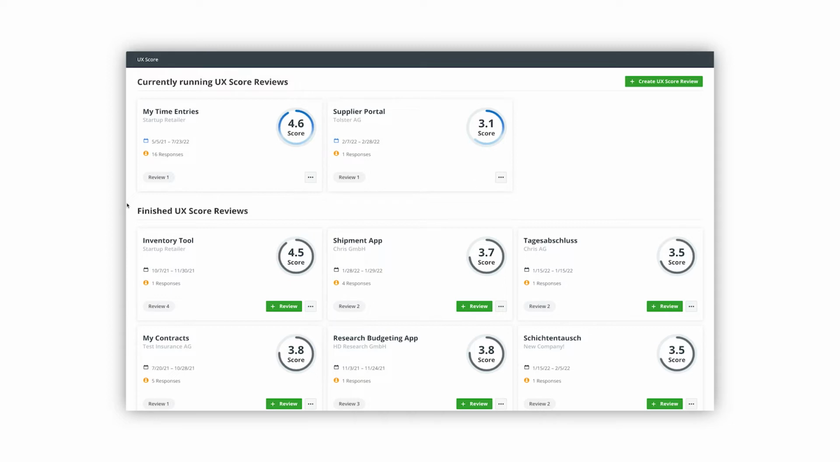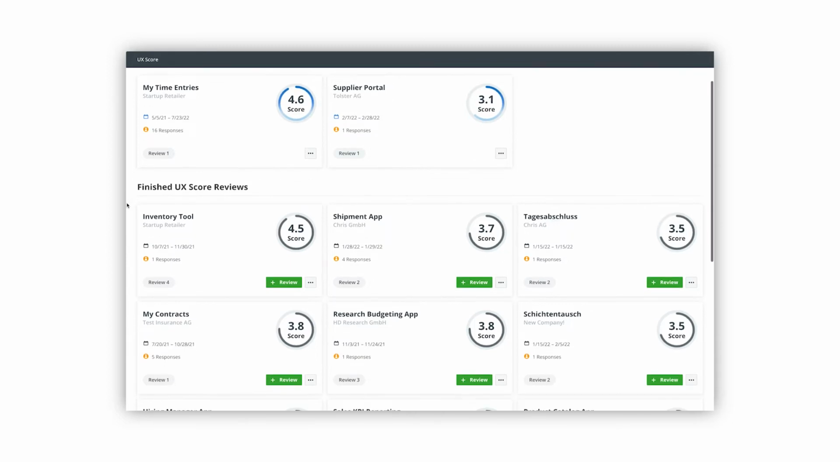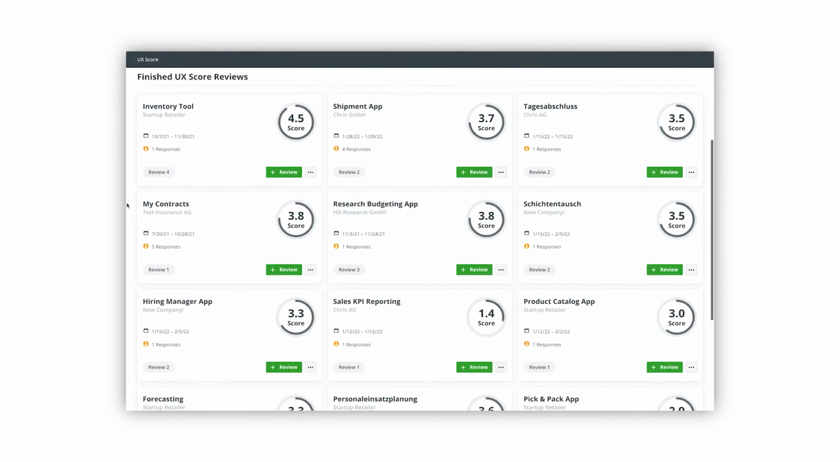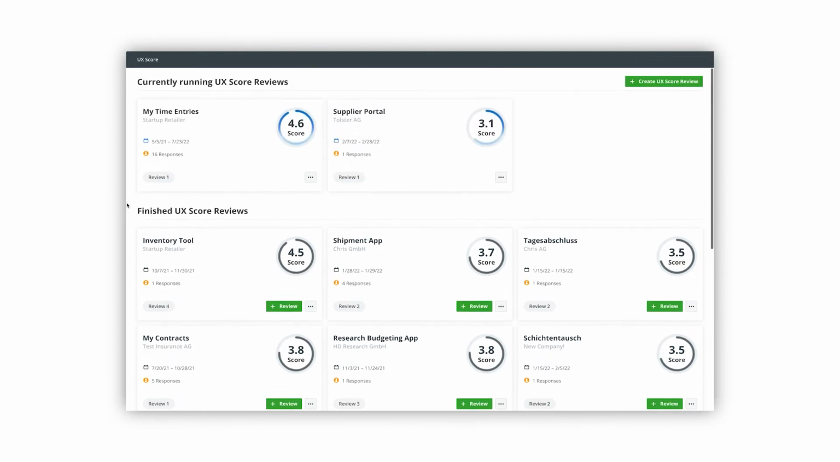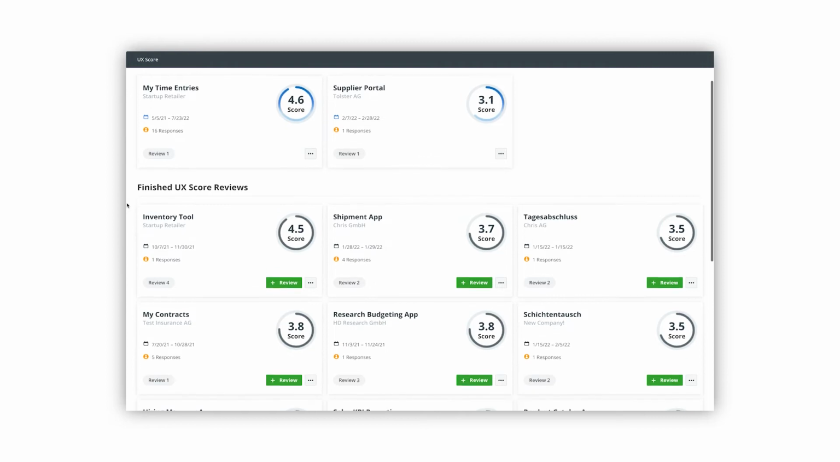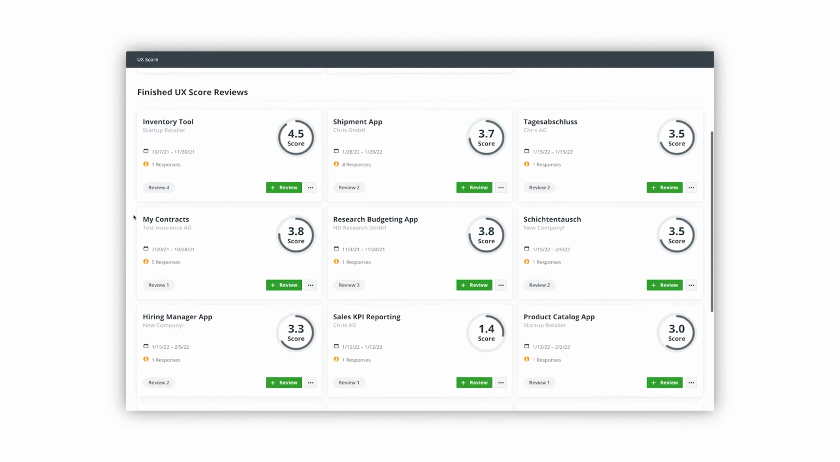When you log in, you will get to a dashboard where you have a good overview of all UX score reviews you have done and also the ones which are currently running. This makes it easy to compare applications throughout your whole IT landscape to identify the biggest pain points. At first glance, you can see which application was reviewed, how many people took part in the survey, and what